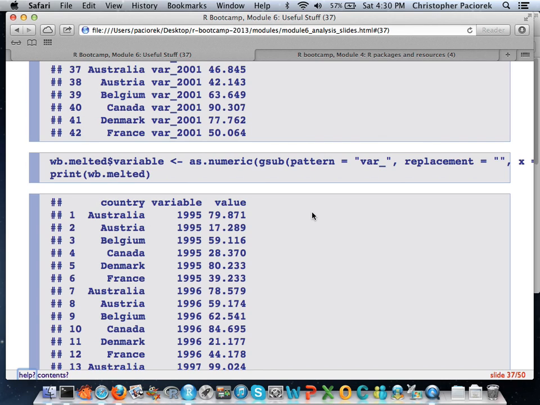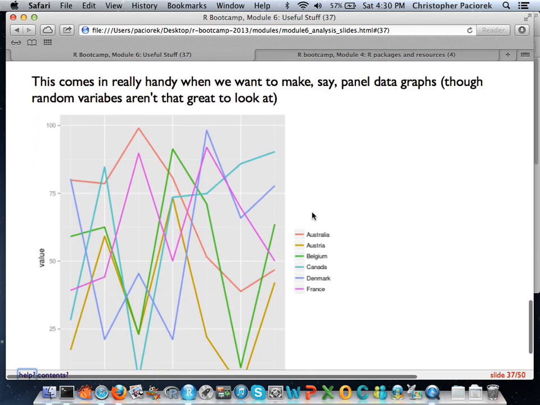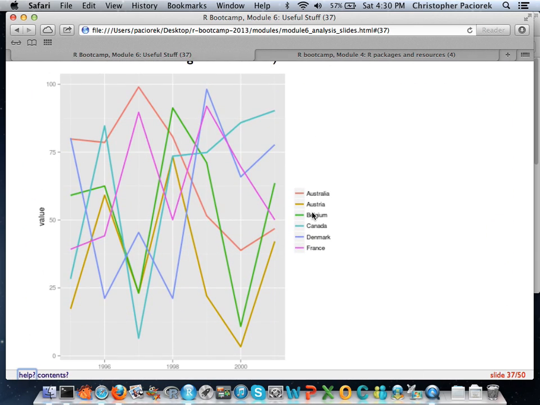And we want to replace it basically with nothing. So we want to take it out more or less. And then, of course, we have to take this variable, and because we want to plot it, we want to convert the class to being numeric. And you can see this is the resulting output. We've managed to take off those stubs right there, and we can do some plotting on this if we wanted to. And you can see we could plot it very easily with something like ggplot. Looks like this. This is what random data looks like. And as we'll see tomorrow, this reshape package works very much in sync with some higher level graphics program strategies, especially ggplot.